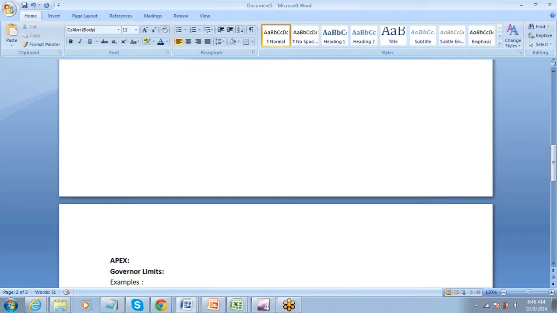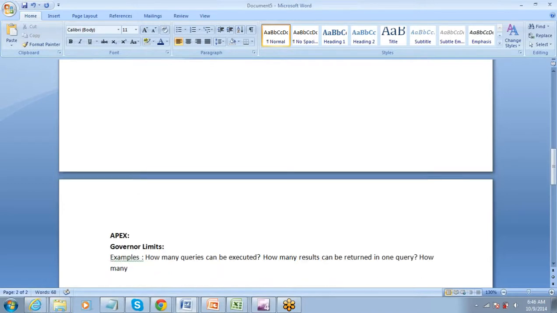Examples can be how many queries can be executed, how many results can be returned in one query, how many DML operations can be performed. So, a limit for everything. These are just a few examples, right?